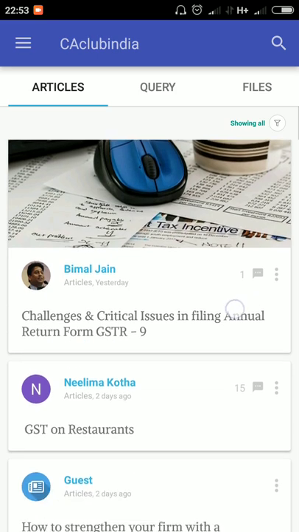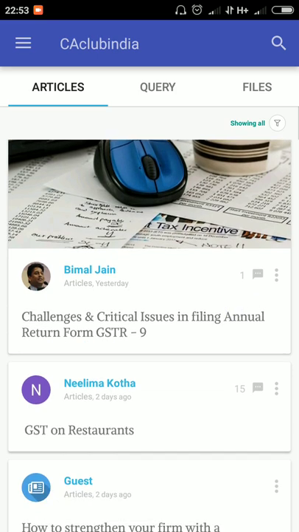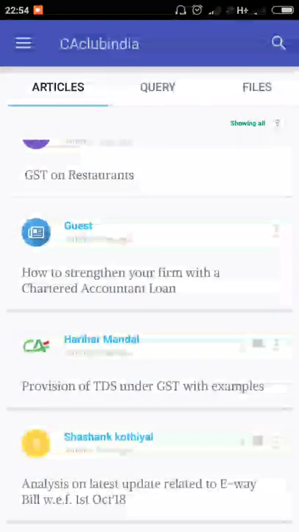Okay, so for that I thought of the important applications which you should mandatorily have on your mobile, so that you will get a lot of updates related to your course, and some of the tips which you can apply for your study pattern, all those stuff. So okay, the first application, which most of you will be aware of, is the CA Club India, wherein you'll have a lot of information related